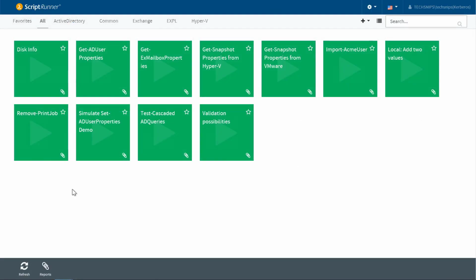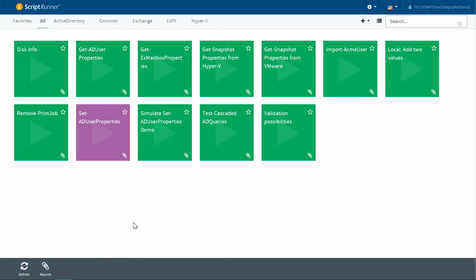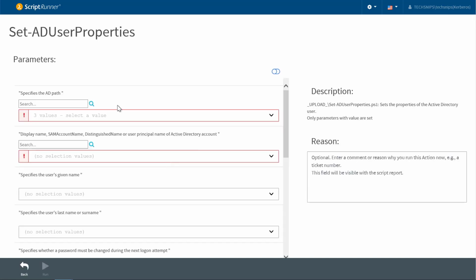Alright, so I'm in the Delegation app, and I'll head down to refresh, as this was open while I was making changes. And you can see that my new action has popped up, and it's the only purple square on the page. However, up the top here, I can go ahead and limit this display to only show Active Directory ones. And now again, you can see this action, which is again in purple, which we specified at the end of the action setup. So I'll click it to run it, and you'll see right off the bat,